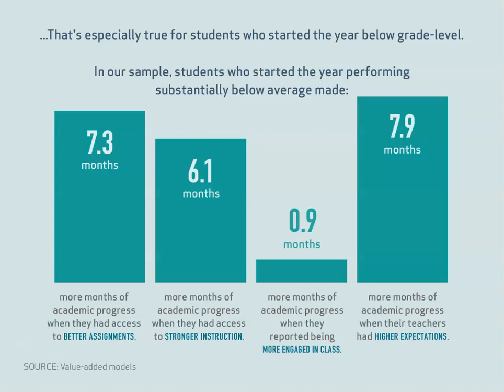This was especially true for students who were below grade level. Students who started the year behind grew significantly more when they had access to grade-appropriate assignments, strong instruction, deep engagement, and teachers with high expectations. This flies in the face of an implicit narrative we sometimes tell ourselves about students who are behind, which is that they can't do grade level work. It also challenges the notion that students who are behind need less challenging work in order to meet them where they are. Since what we see here is that if students who are behind don't have access to grade-appropriate assignments, they never have the chance to catch up.